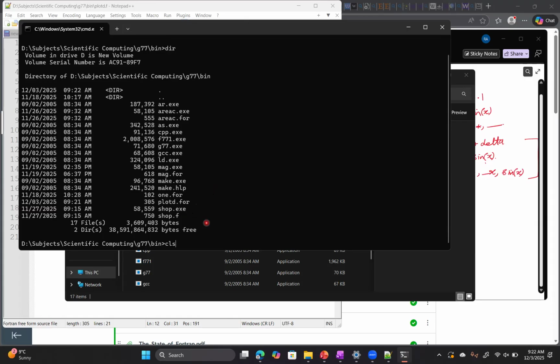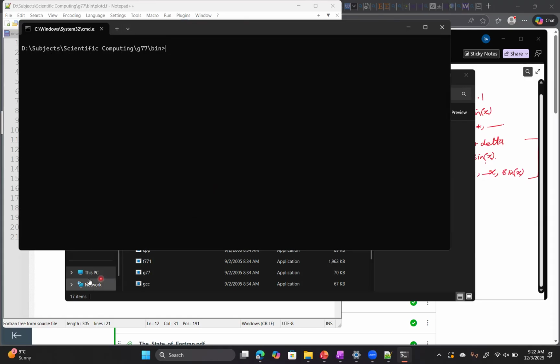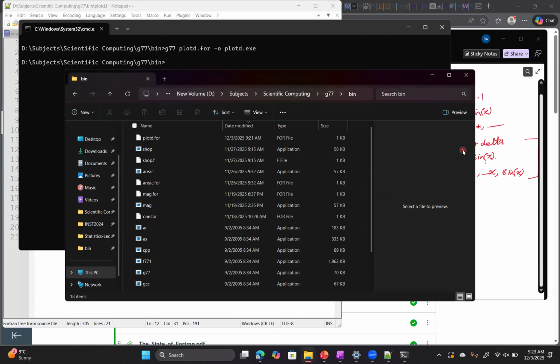CLS, right? And now let's compile the file: G77 plot d.for minus o, make an object file with the name plot d.exe. Oh, the heartbreaking, breath-breaking kind of moment. Nothing has been returned. So it means something has been created. So if we see the latest files,